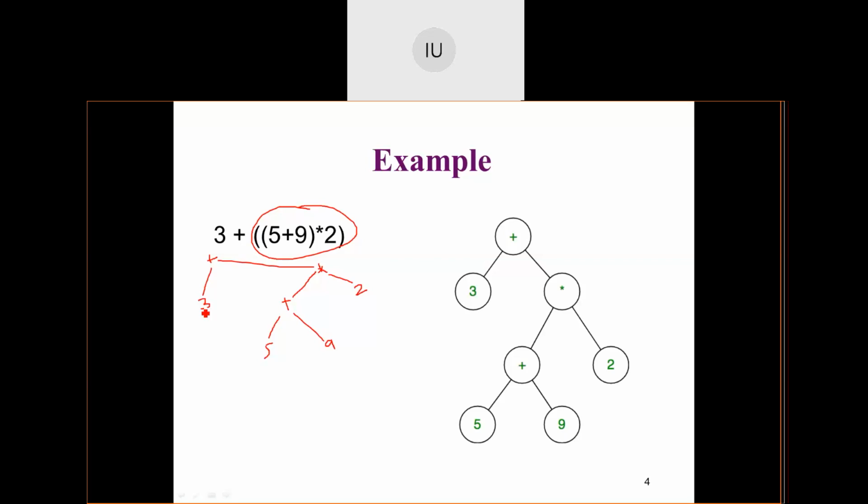Okay, once constructed, how do I go ahead with the postfix expression? How do I get prefix expression? Can anybody quickly comment on this? How do I get equivalent postfix expression? Can anybody tell me? It's the simplest question that I'm asking. You just require a bit of intelligence to think about it.